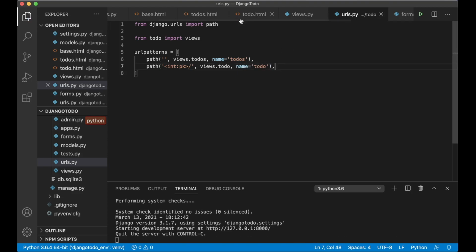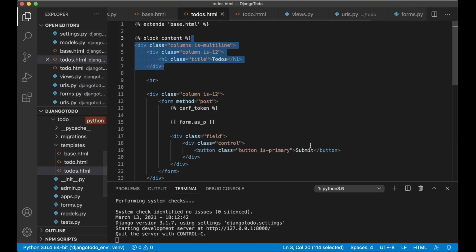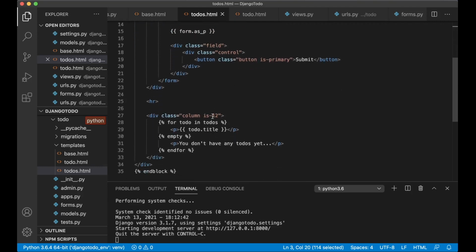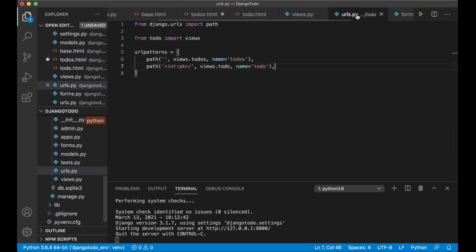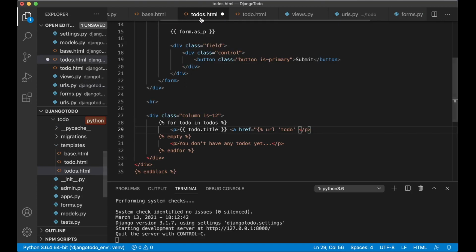Save. And then to use this we can go to the to-dos list, scroll down where we loop through them, and say href. Here we use a Django function called url todo, which is the name we use here. Then we just need to pass in todo.id,